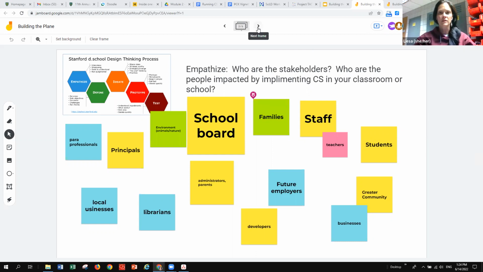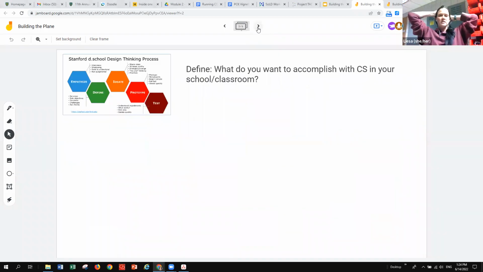If we were in my middle school virtual classroom, I'd have everybody unmute and applaud, but we're not going to do that right now. And then if you toggle over now to the next one, we're going to continue in our process. And now we're going to get into defining the problem. What is it that when we think about implementing a computer science program,